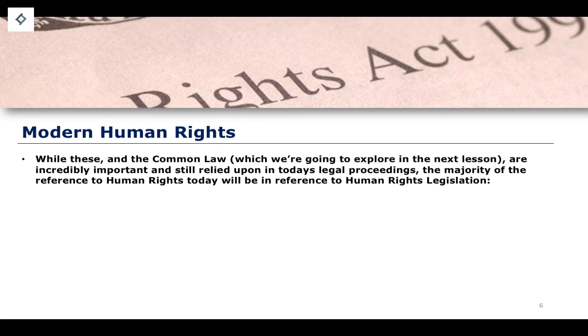But one of the things that happens when we talk about the domestic codification of the ECHR is the passage of the Human Rights Act in 1998, which essentially enshrines the majority of the provisions of the ECHR, but within the domestic jurisdiction of the United Kingdom, such that UK courts can now adjudicate on issues pertaining to the ECHR within the domestic jurisdictions of those particular courts and judicial systems.